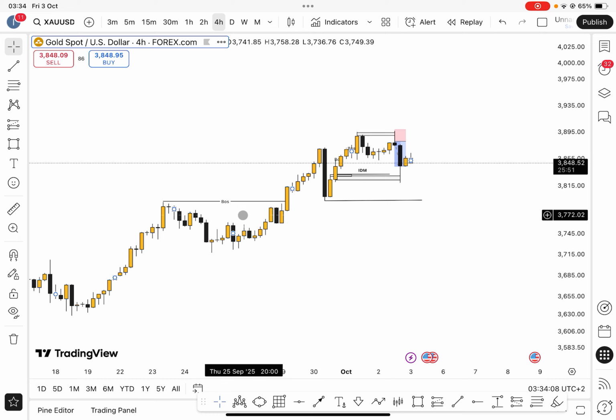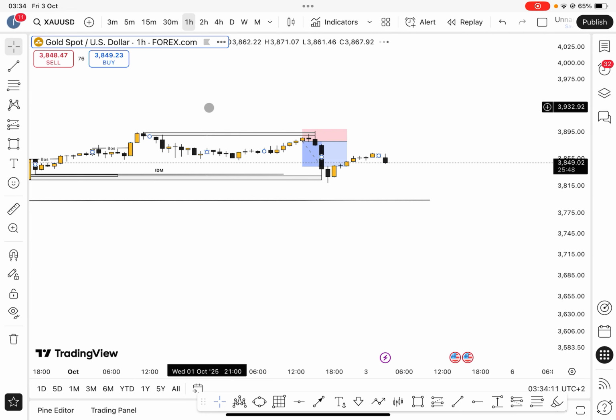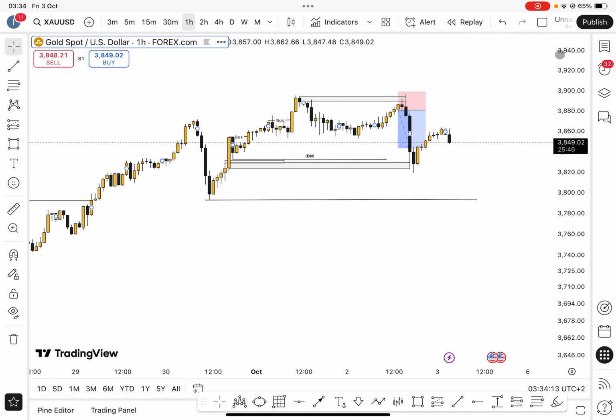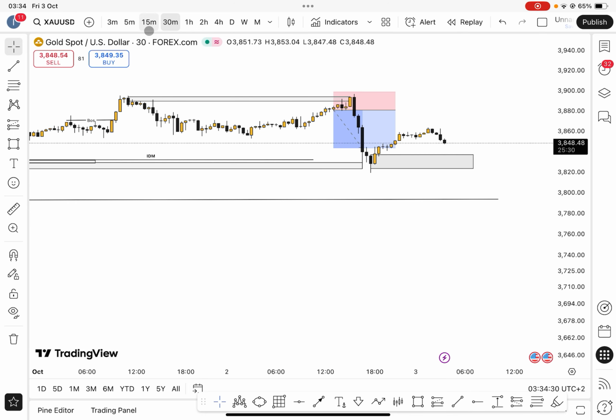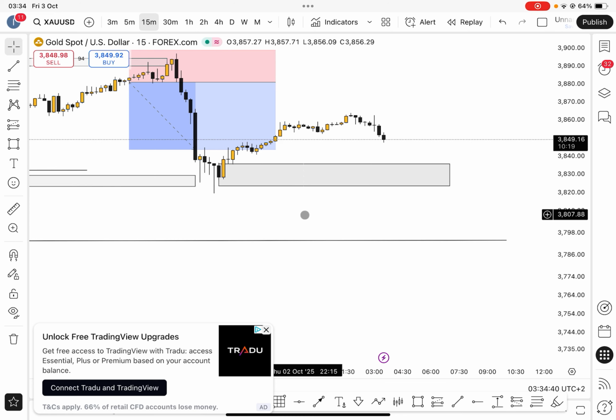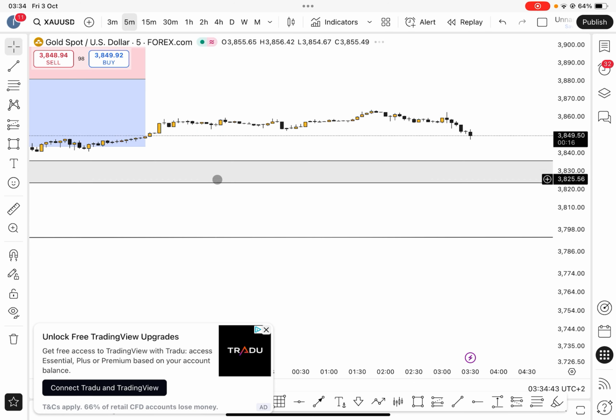So how do I join this trade? From the 1-hour time frame, this is the order block here that I'll be waiting for gold to come in. Let's refine to the 30 minutes time frame, and let's refine to the 15 minutes. So if gold should come to this zone, let's go to our 5 minutes first. From our 5 minutes, we have this